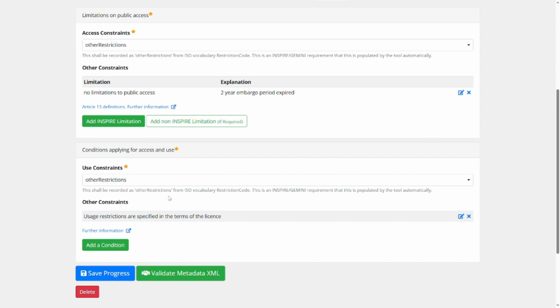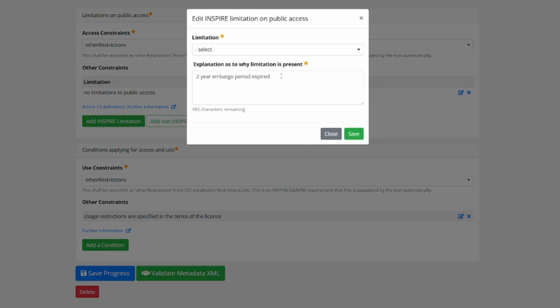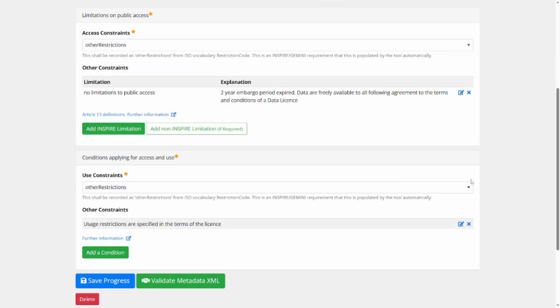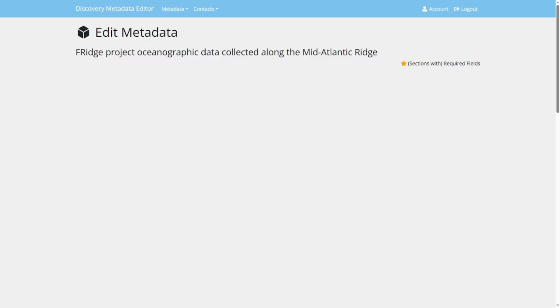But in this one, I just mentioned that it's all specified in the terms of the license, which I really should update here. Go back to my pre-existing INSPIRE limitation. I'm just going to add the information that data are freely available to all following agreements and terms and conditions of the user license. Right, so I'm going to save my progress and we're going to move on to the next tab,